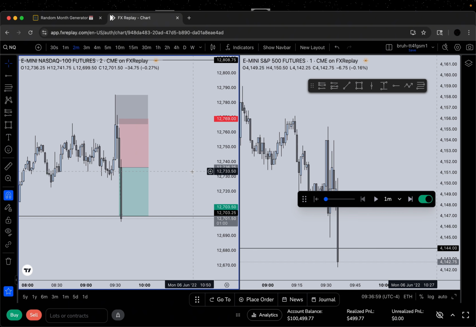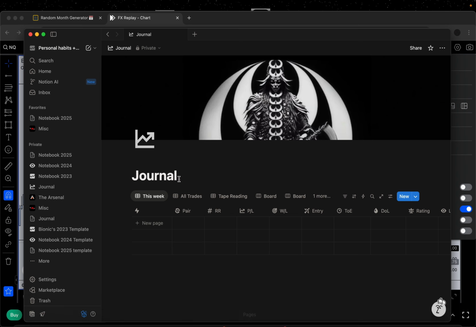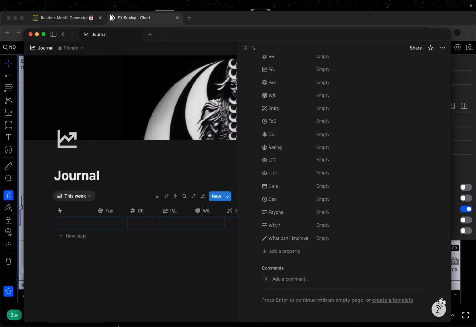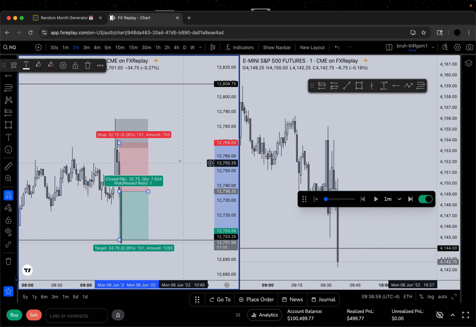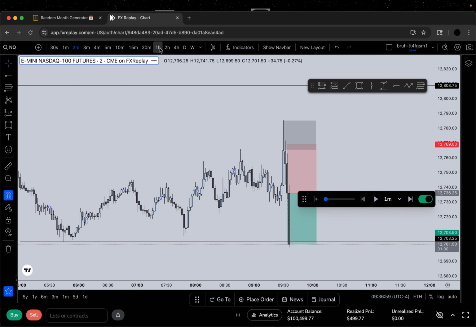Okay, now how do I journal this? Well, in our journal, there are a few things that you want to make sure you do each and every time. The main things are the high time frame and low time frame. This is where you actually start to learn about your trading. So for high time frame, what I'm going to mark out is essentially my key levels.